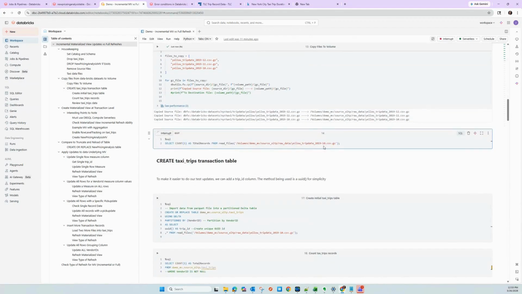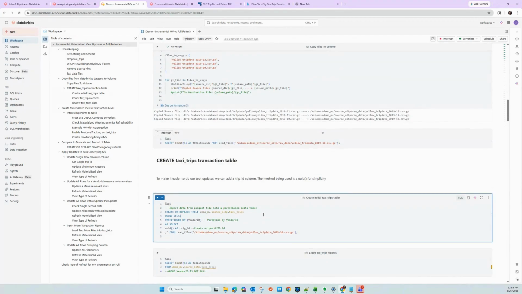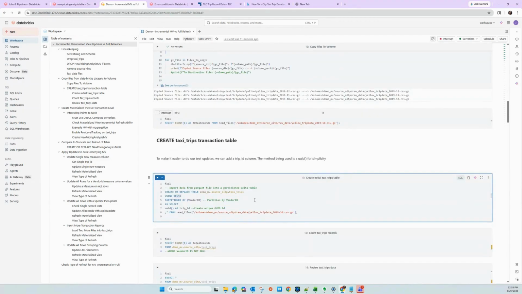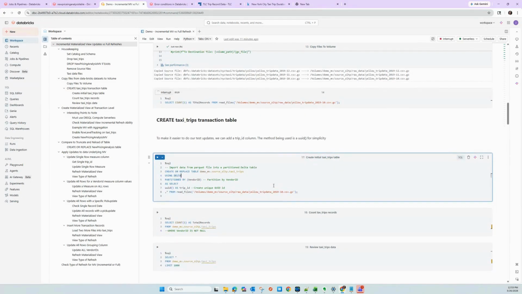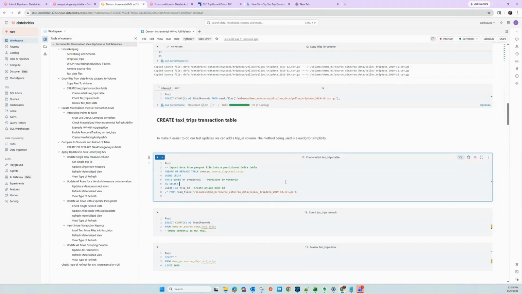So that'll come back in a second. What we're going to do now is, from those, start with just one file. Each file I think has around 7 million records in it. We are going to create a table in the source OLTP schema that's just